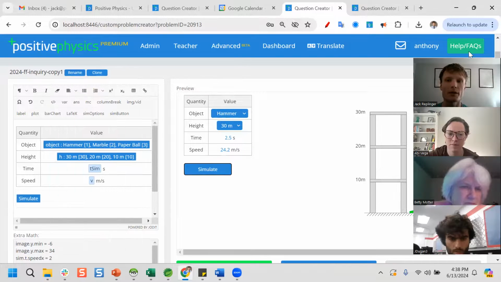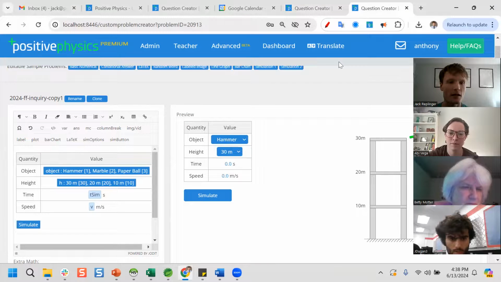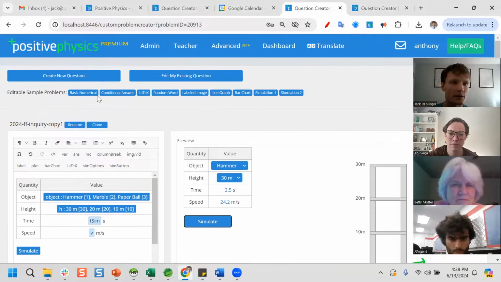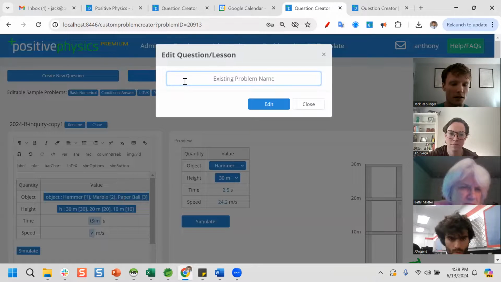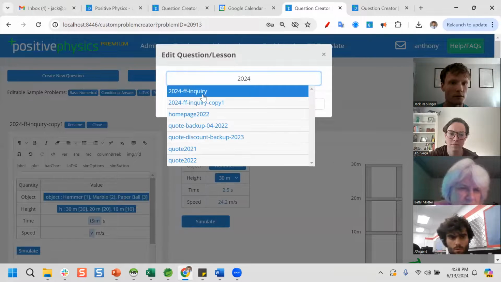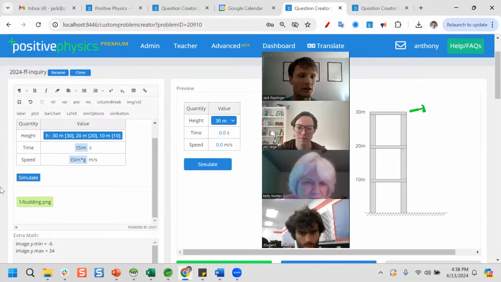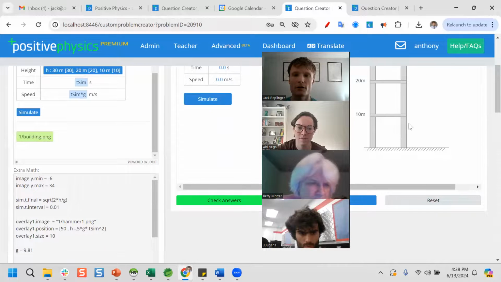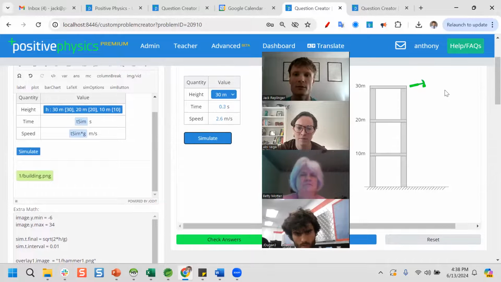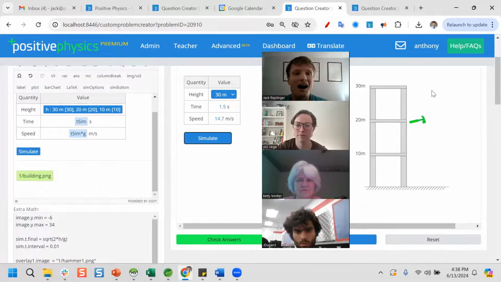This one was a little more complicated. The first one that I made, let me go back and find it. The first one that I made is just a hammer being dropped from 3 different heights. And this one is literally just 8 lines of code to make an object that can be dropped from various heights. So this would be a whole separate workshop,